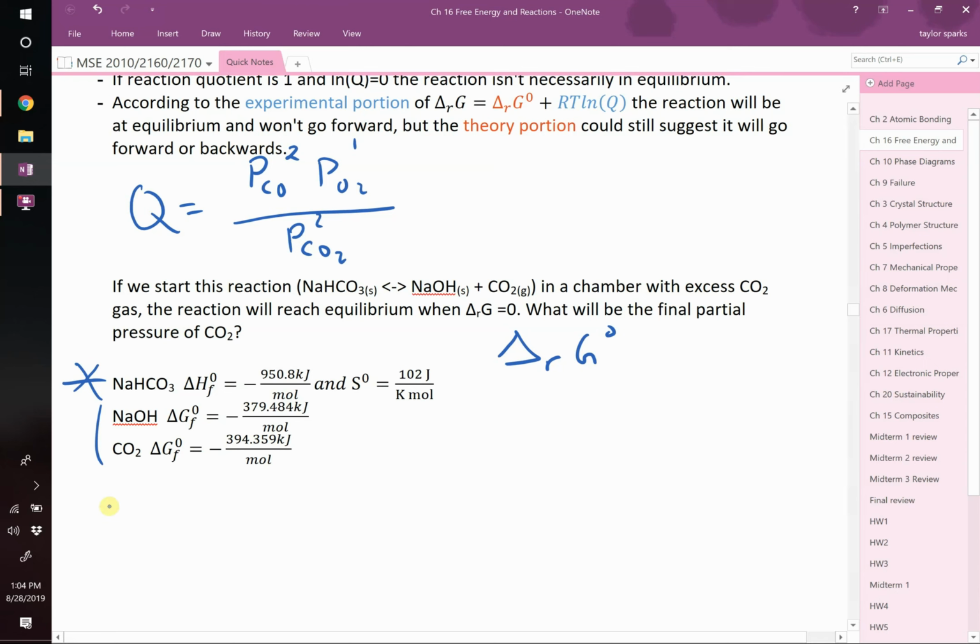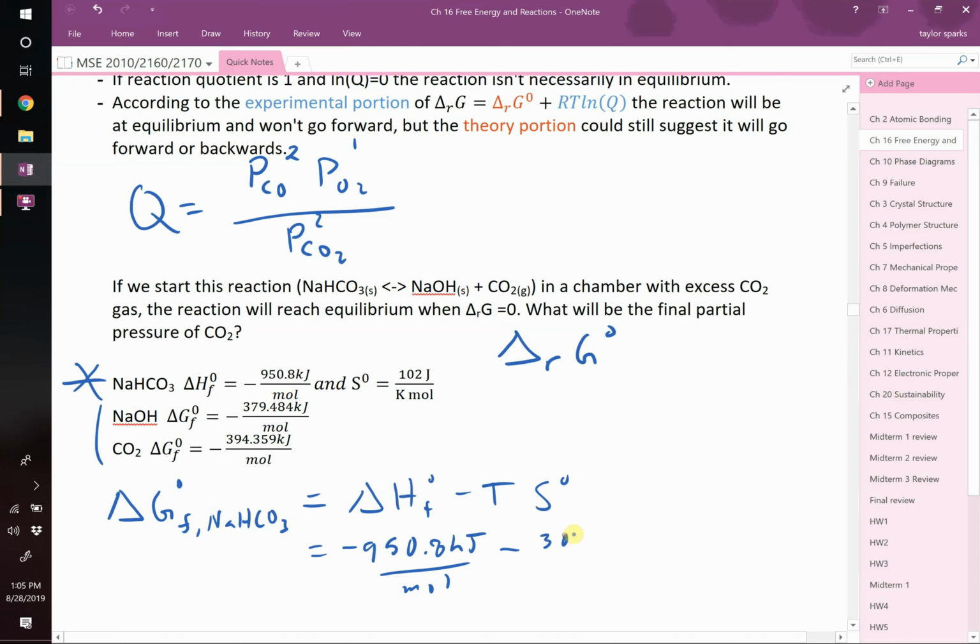The very first thing we're going to do is calculate delta G. F means formation. I'm just going to write NaHCO3 so it's clear which one we're doing it for, and then naught. That's going to be equal to, like you said, delta H naught formation, minus T S naught, okay? So let's plug those in. That's going to be equal to negative 950.8 kilojoules per mole